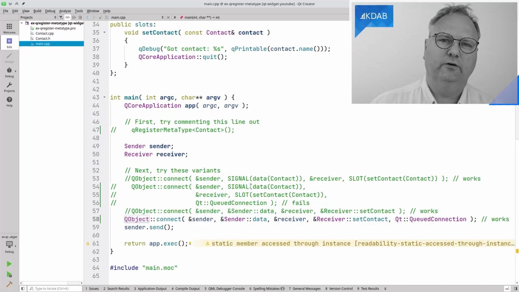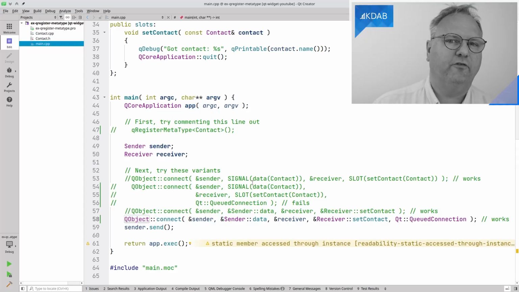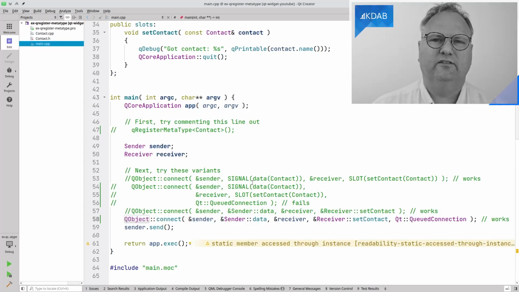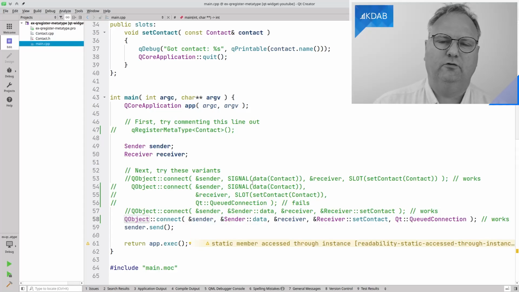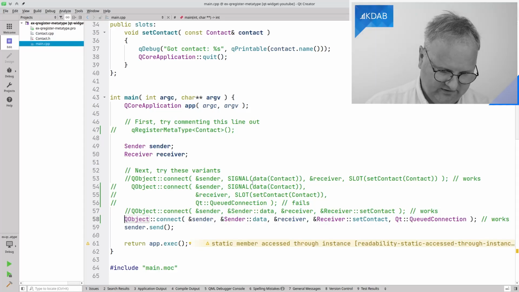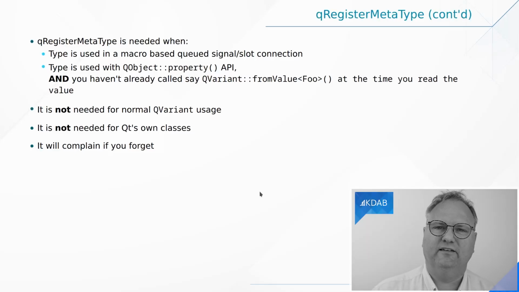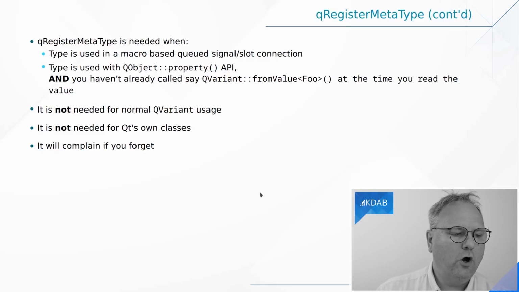And then when I use the property system and I get something out of the property before I put it in, which is not usually a situation you'll be in either. But as you can see, it tells you, hey, you forgot to call this. And now that I think about it, I think I'm telling you everything that it says here on the next slide. So let's just go over there.